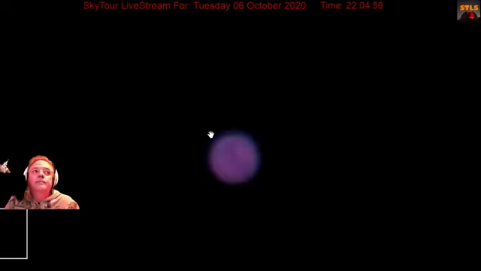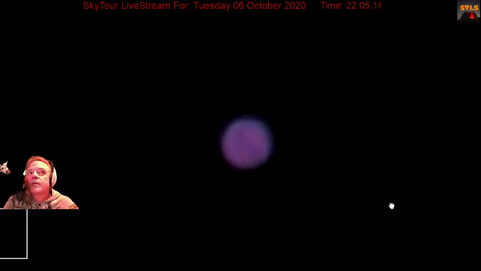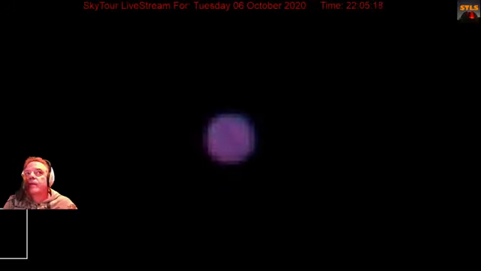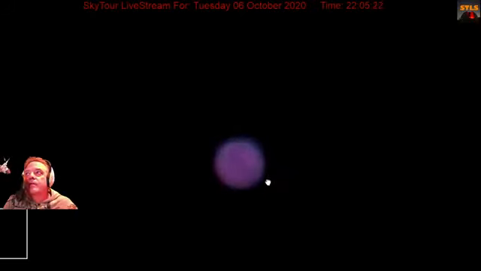Now, I can see it looks like Mars has rotated a little bit since that last image you took. Let's go back and look at that last image. Okay, that's the last image. Let's bring it as close to where we could as we could before. Let's bring this up a little bit.